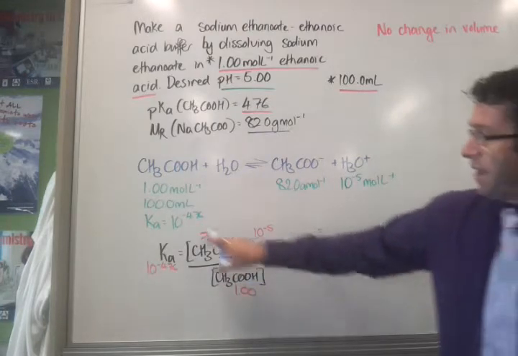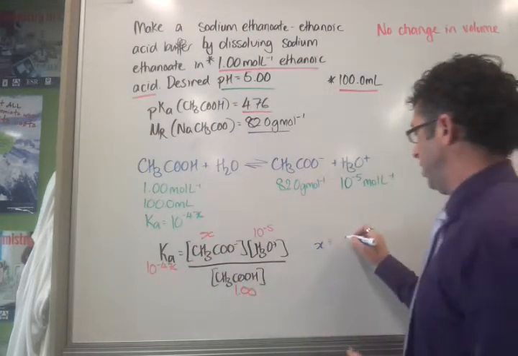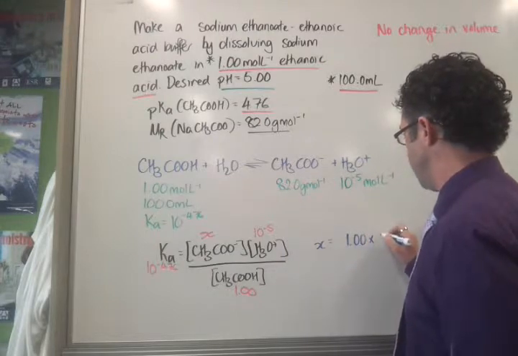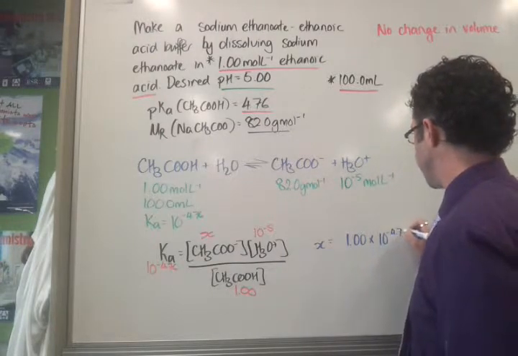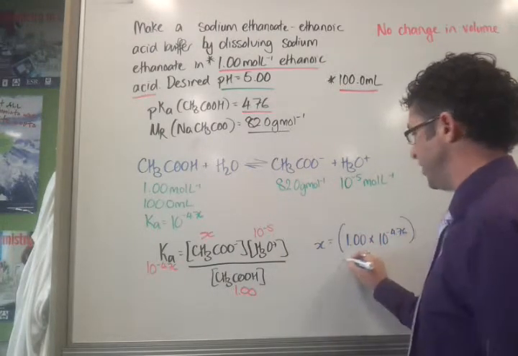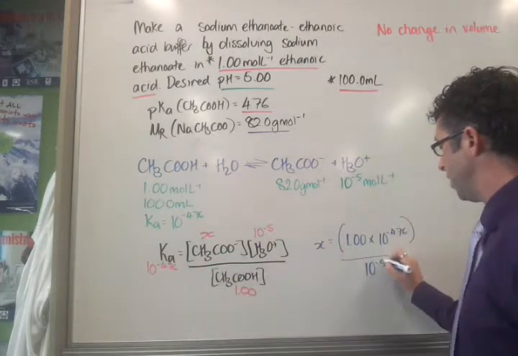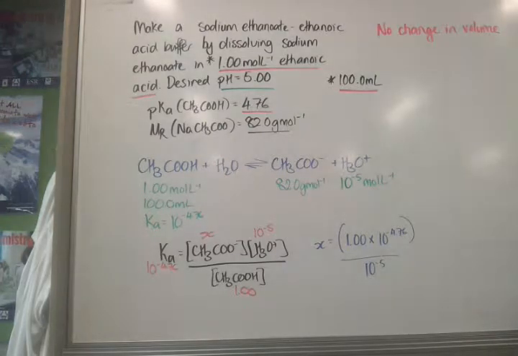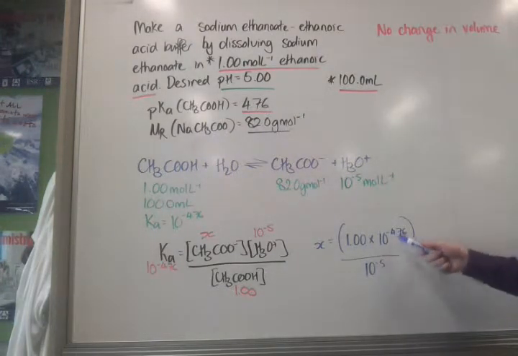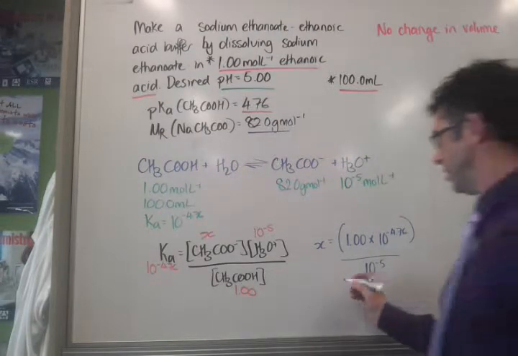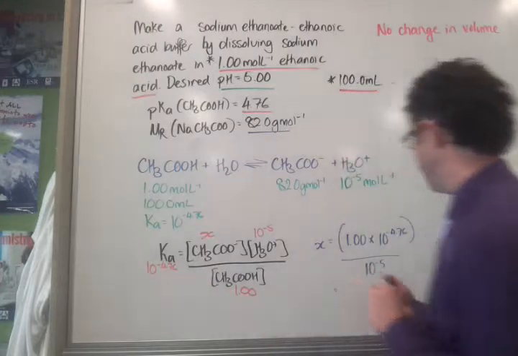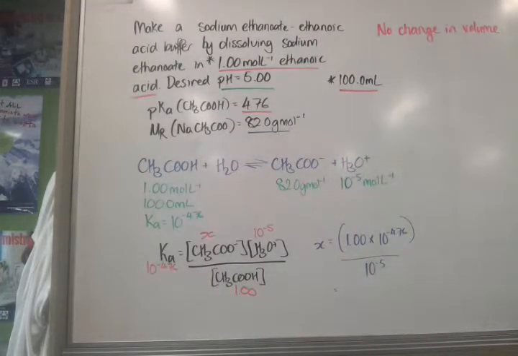I'm going to multiply that one through there. So it'll be 1.00 times 10 to the negative 4.76. And then divide 10 to the negative 5 out of both sides. And I get that little expression there. Sounds pretty ugly and very mathsy. Hopefully you can see it's basically just a ratio between those two though. Okay? So for those who are over it pretty quickly, you'll see what we're going to get there. Anyway,